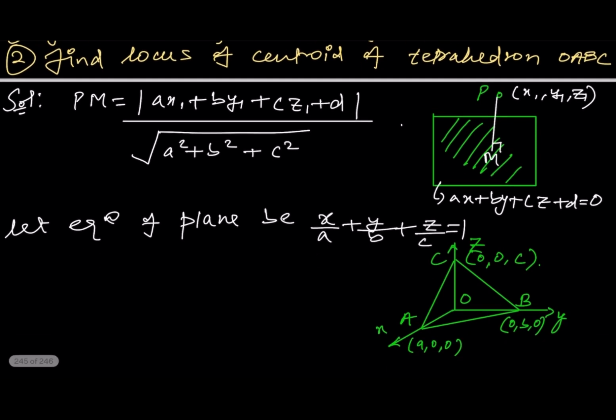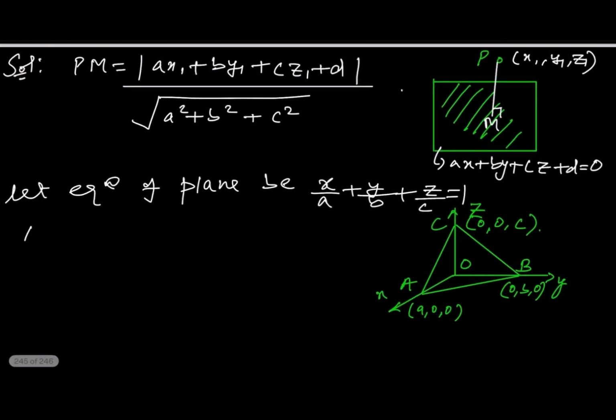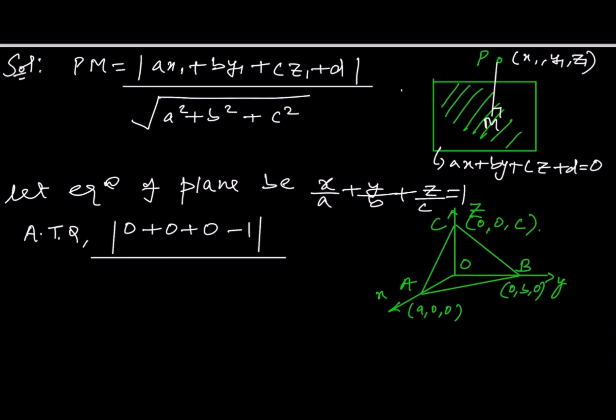Now according to the question, the distance of this plane from the origin is p, so mod of (0 + 0 + 0 - 1) upon root over 1 upon a square plus 1 upon b square plus 1 upon c square is equal to p,